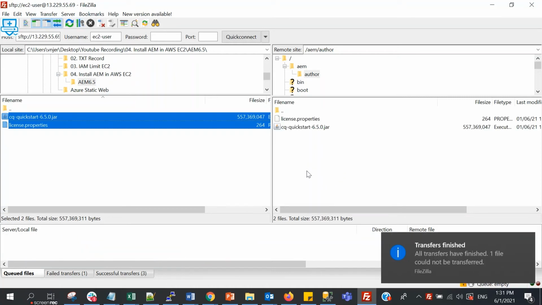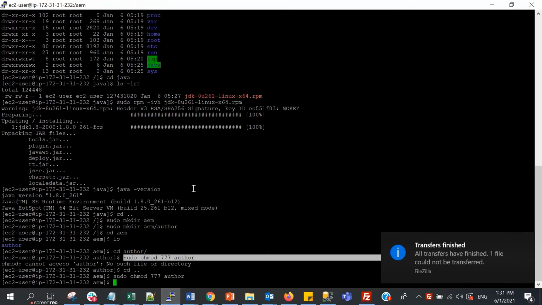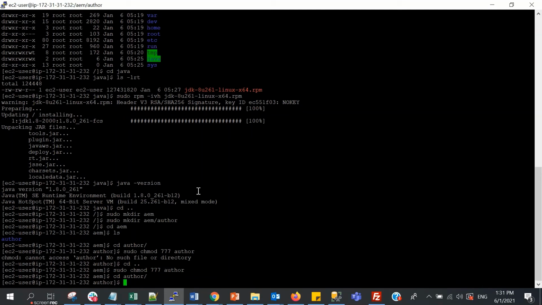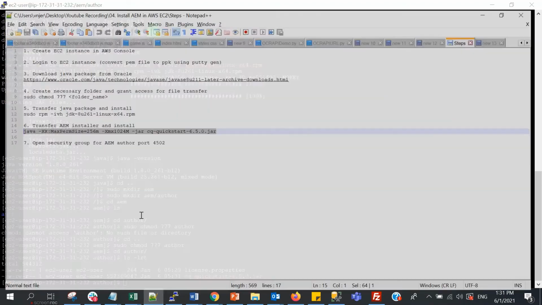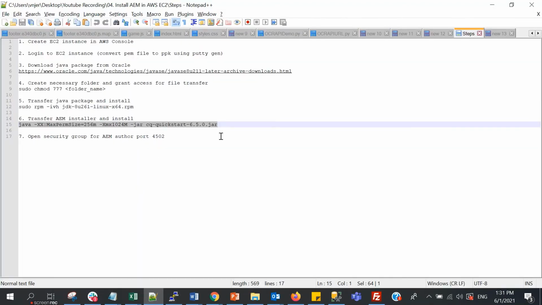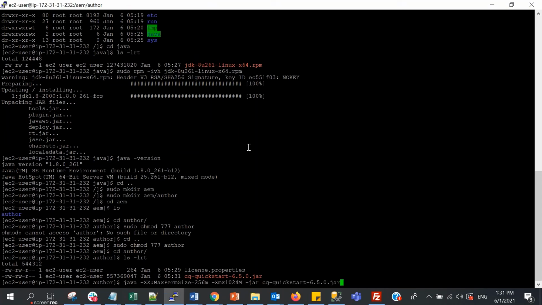Okay, the file has already been transferred now, and let's install it. We can see the file here. We can install using this command. You can adjust accordingly for your perm size and Xms, the heap size.